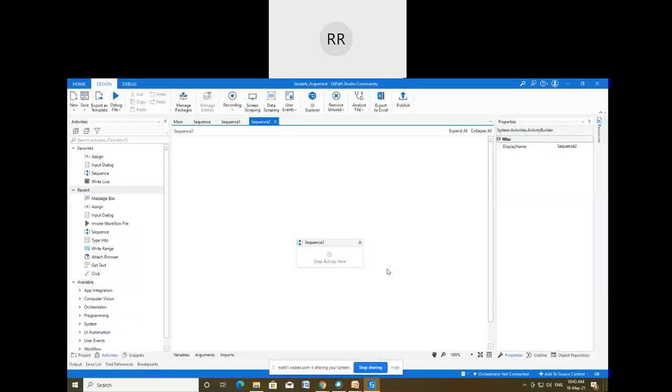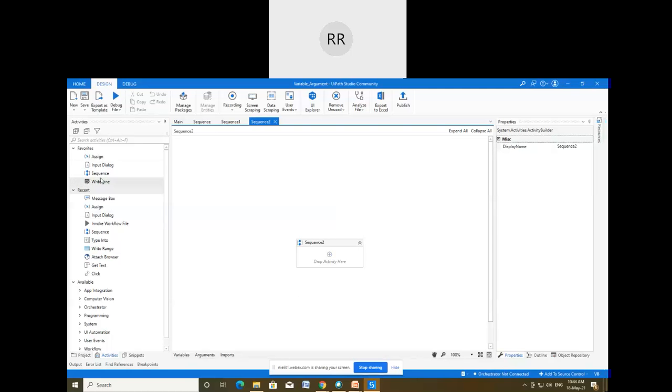Suppose you get some text or string from the user, and you want to display only the starting one or two letters, or one or two letters from the end. How you can use the substring function, that I'm going to discuss here.